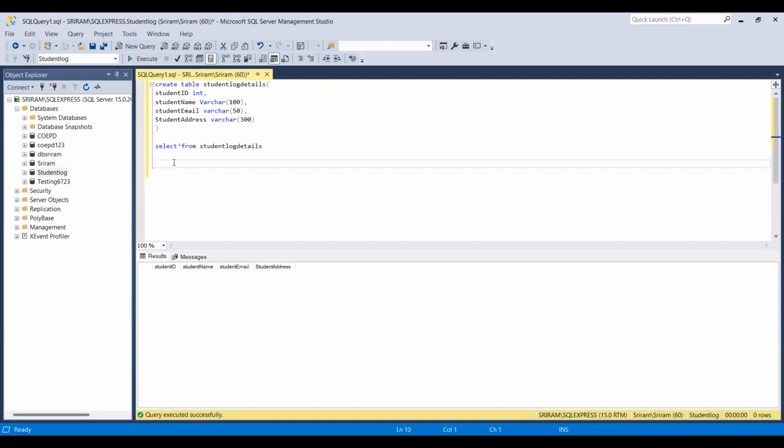Now, after creation of the table, I am inserting values into that table. Insert into student. See, it is reflecting here as student log details. Just click on tab and it will complete student log details. Values: here I am inserting into that table, and the values are 1, comma. The student ID is an integer and the student name is a string, so I take single quotes, and the student name is, let us assume, Ramesh,